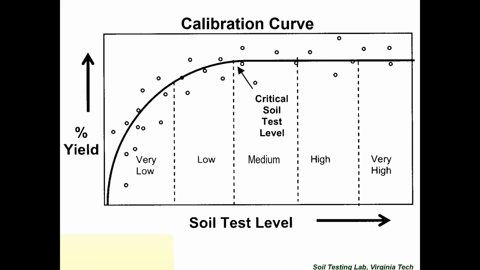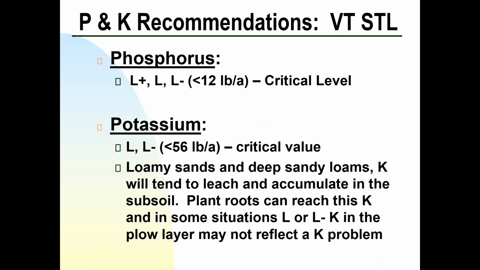So we don't just use that critical soil test level where we're 100% sure we're going to get a yield response. We have a little bit of insurance to make sure that any low testing areas across the field also get nutrient recommendations. So again, phosphorus, low, critical soil test of 12 pounds per acre, and then we step down the phosphorus recommendations as we get above that, but we don't go to zero till about 55 parts per million for most crops.